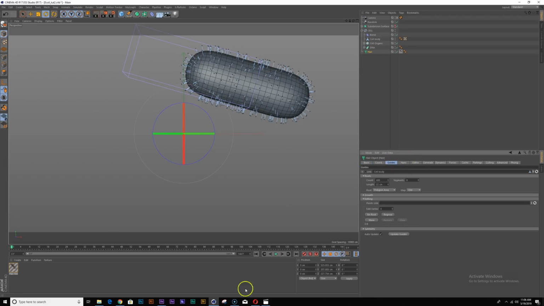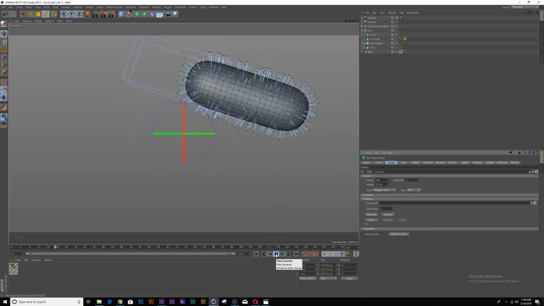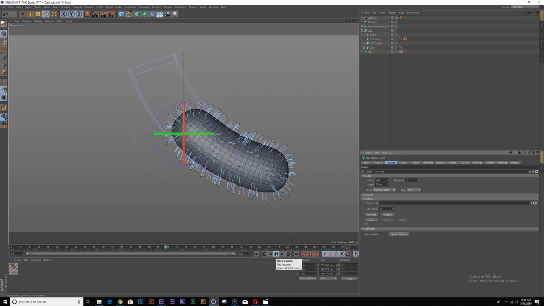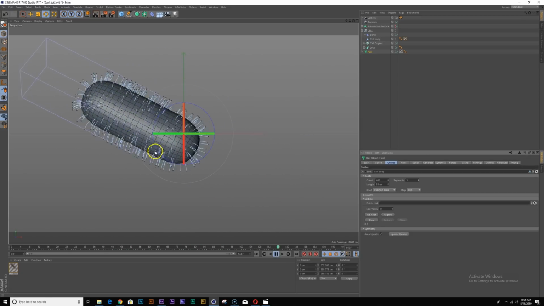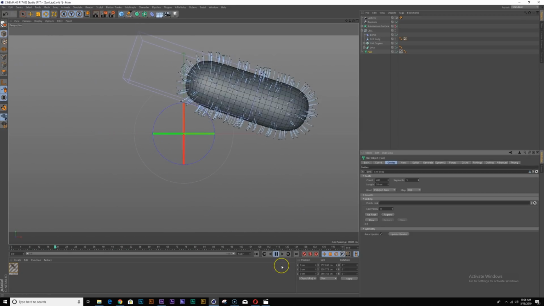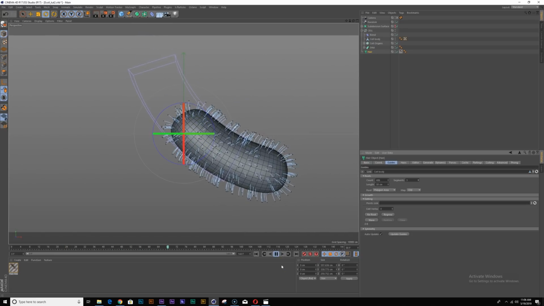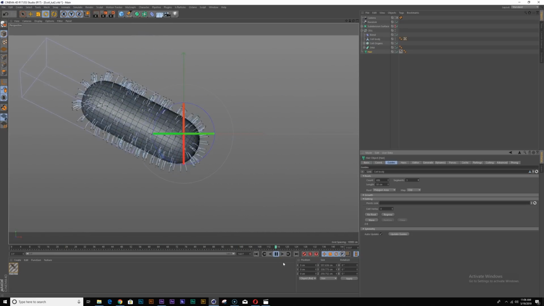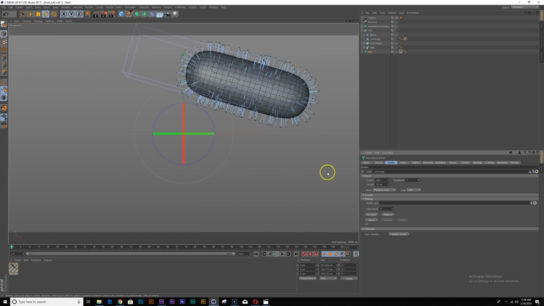One thing with these hairs though, I don't want it to move too much, so I'm going to change the segments. First of all, let's make this a little longer. We can regrow and change the segments to, like, say 3. Let's play this back now. Okay, cool. Now it feels a little more stiff. Before it was a little too floppy. Okay, that feels pretty good.